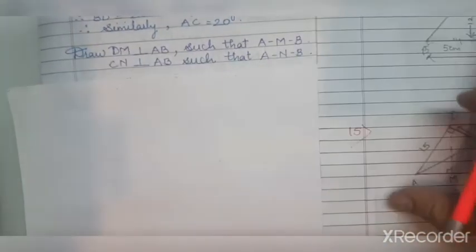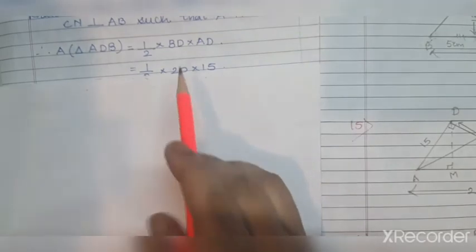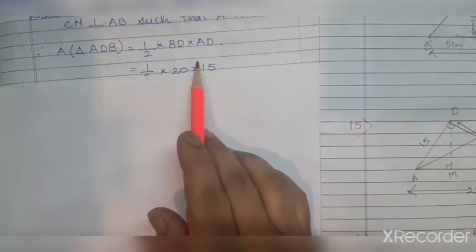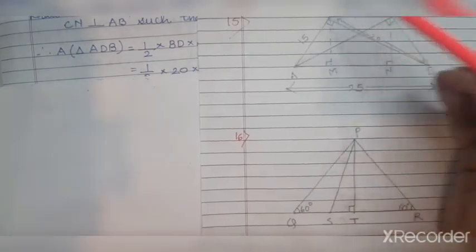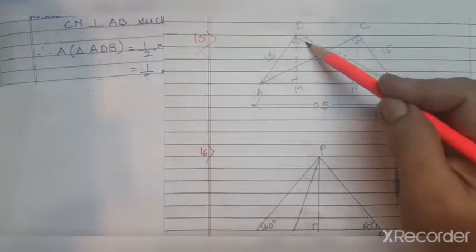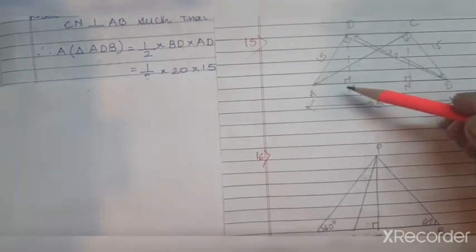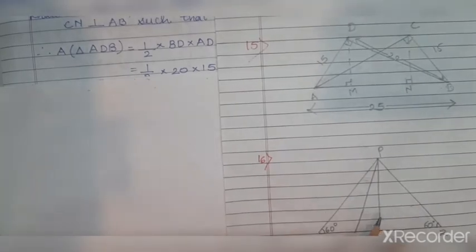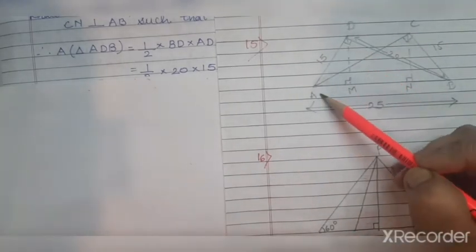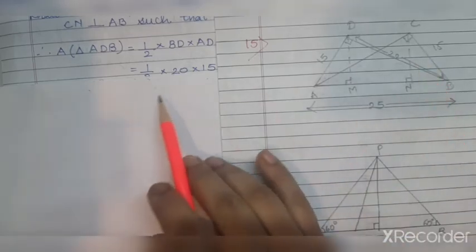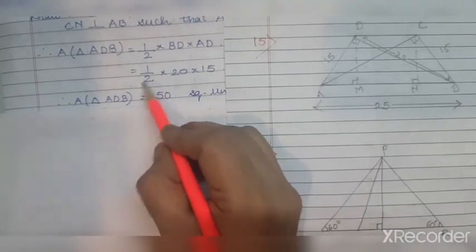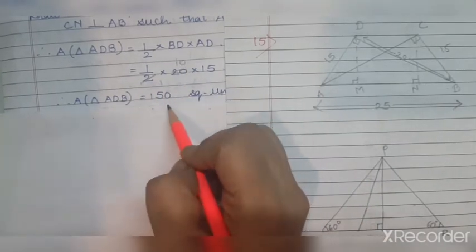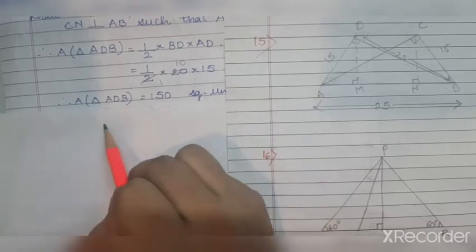That is, we will find the area of the triangle. Half into base into height. So as I said, we will take BD as the height and AD as the base, which is shown here. Okay. In that case, AD was given as 15, BD we found 20. So that is just a substitution here, and then we'll do the calculation. That is, 2 ones are 2, 2 tens are 20, so 15 into 10 is 150 square units, because it is area.